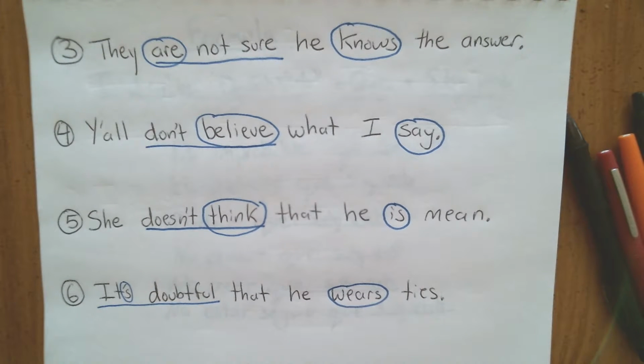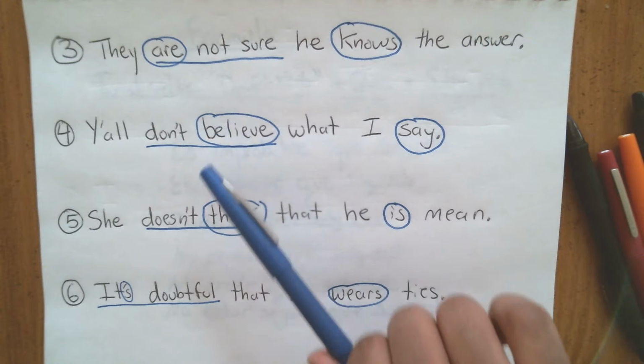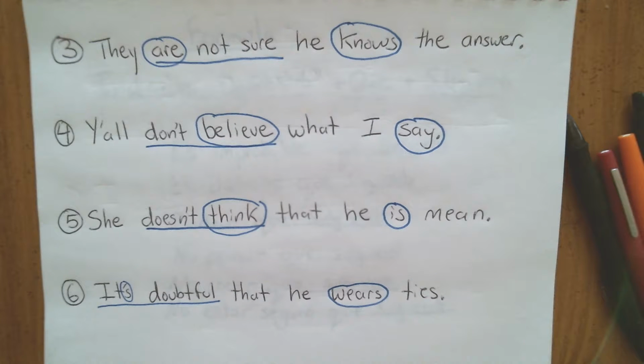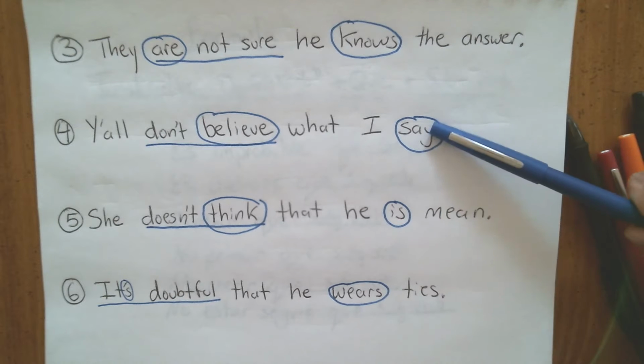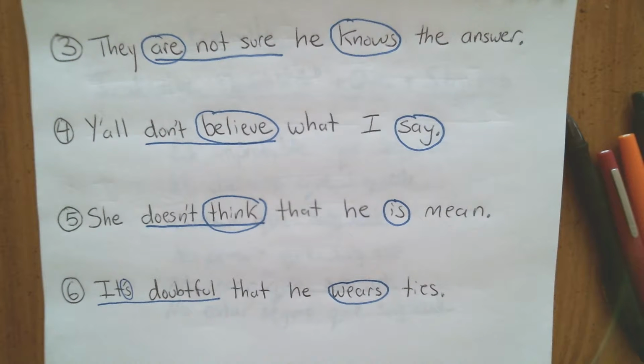So remember the rules. Your doubting verb is in the indicative, which is the regular old verb tense. Meanwhile, your doubted verb, your verb that is being questioned, is in the subjunctive. So I will give you a second to pause the video and translate these, and then we'll get back together. Okay, so I assume you have unpaused the video and we are ready to translate. They are not sure. This one would be pretty straightforward. It would be